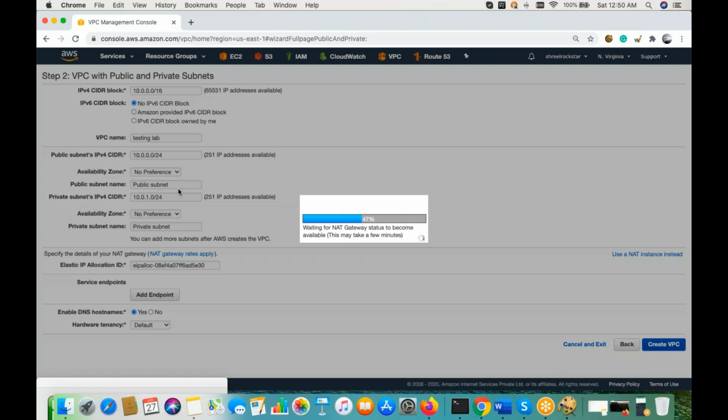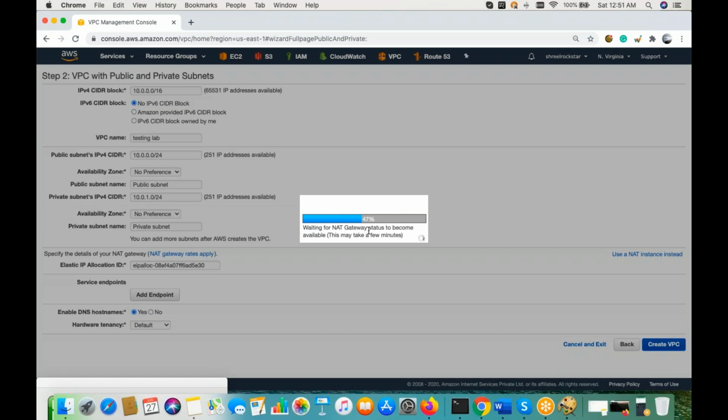Once we create it, guys, I'll try to relate it to yesterday's stuff. That will be more useful and understandable here. Why it is taking time, guys, is because it is setting up the NAT gateway as well. So NAT gateway takes a little bit of time.